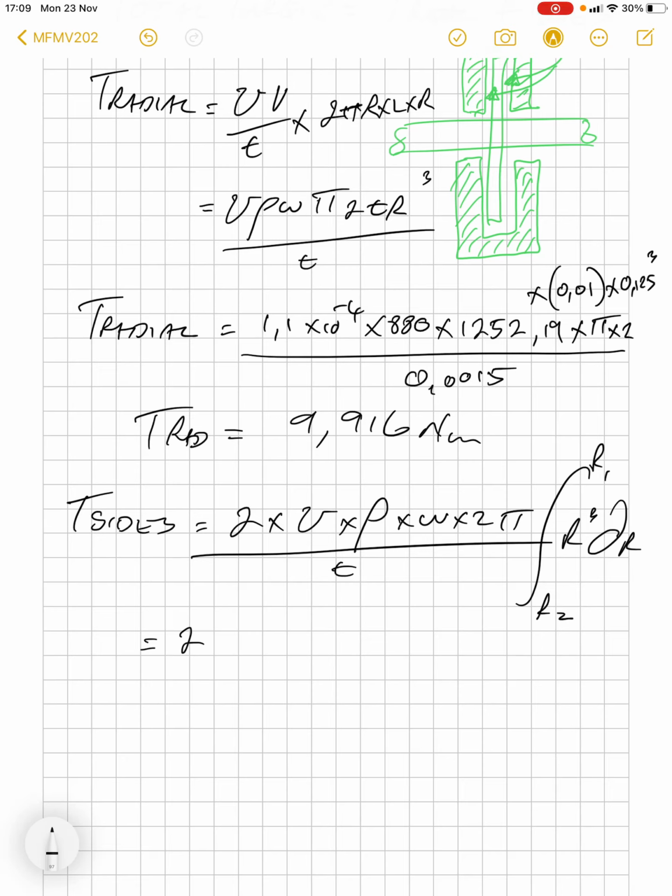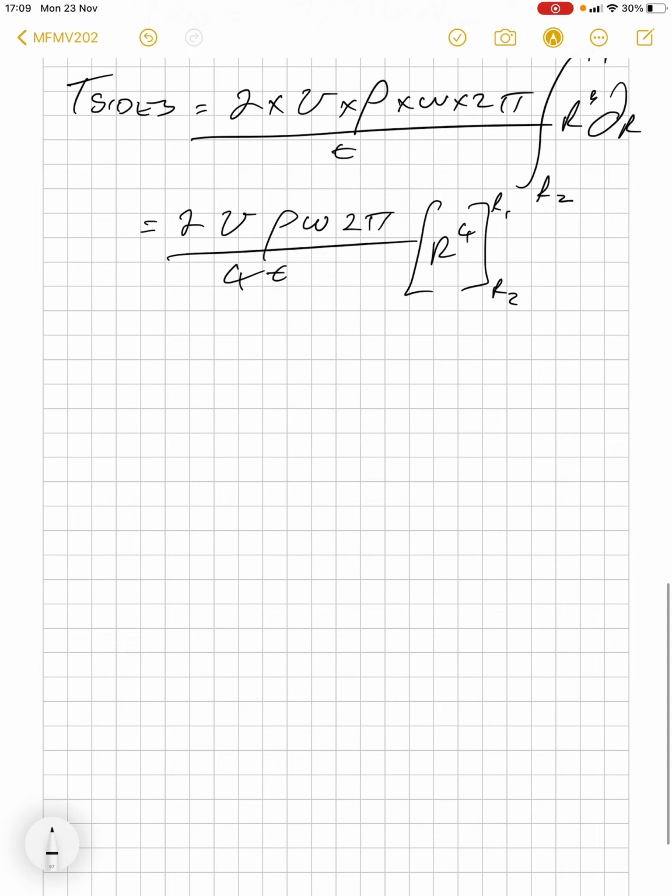That equals 2 nu rho omega 2 pi over 4t, r to the 4 between r1 and r2 after integration. So substituting, remember there are two sides, that's why we multiplied it by 2